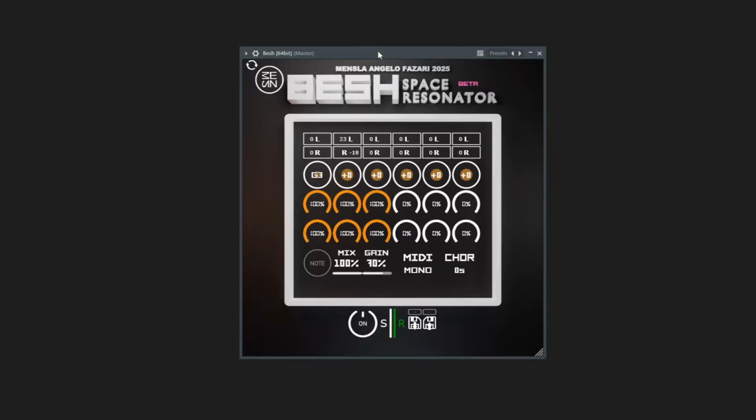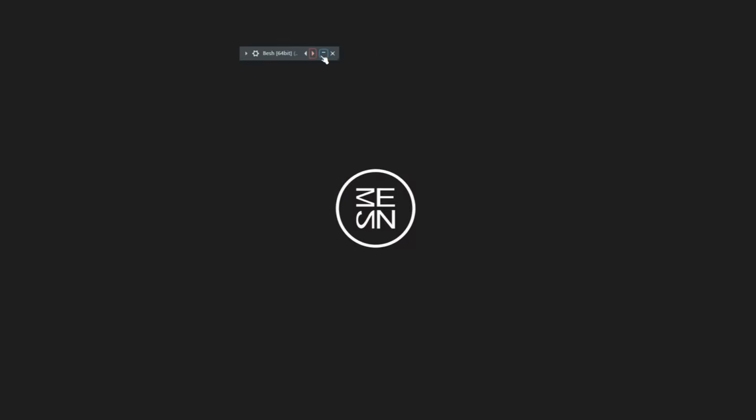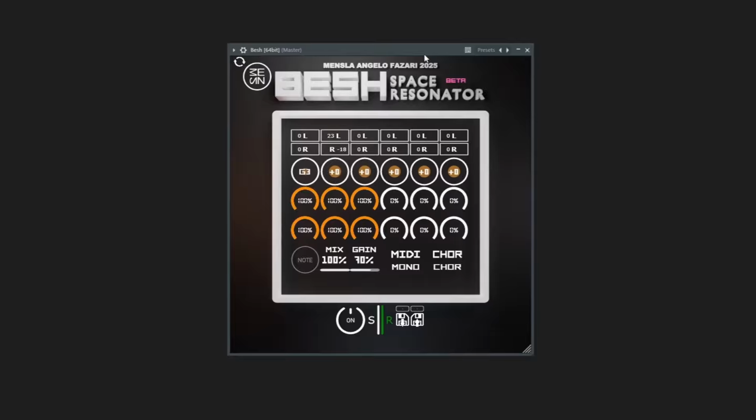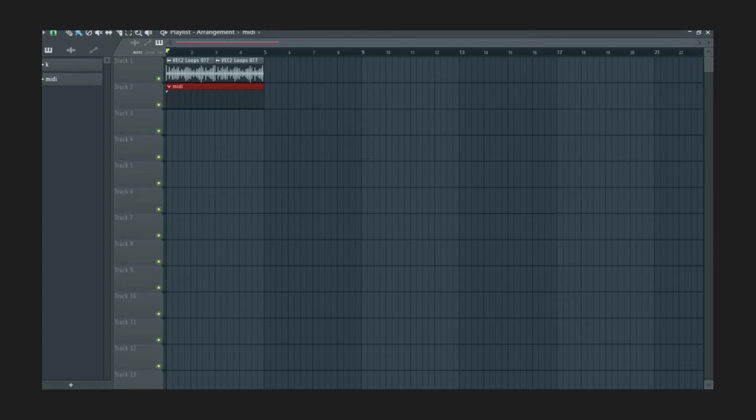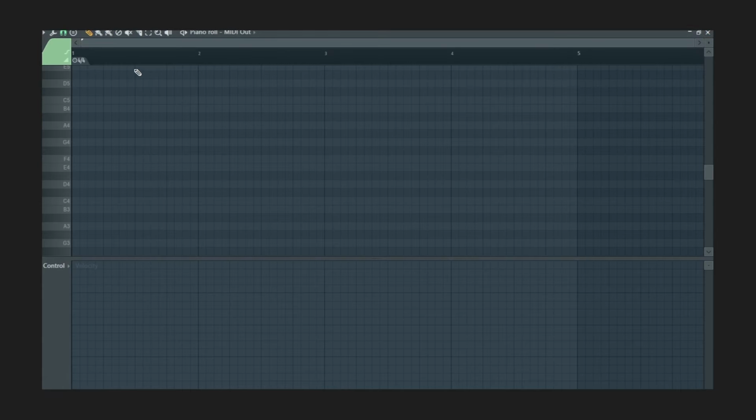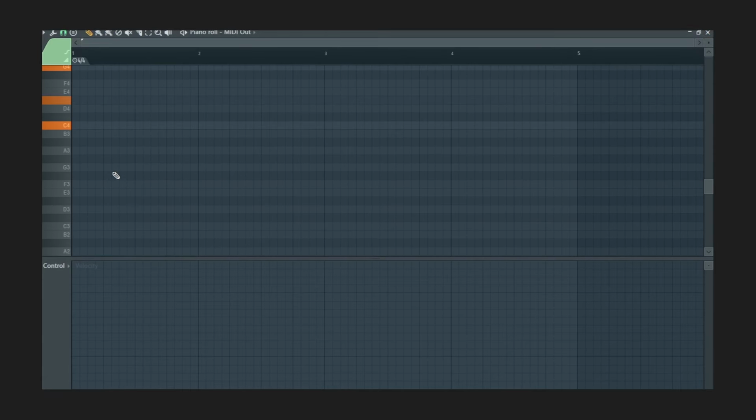Pretty cool, you know, and with a resonator plugin you're able to do stuff like that. And you can also use your piano roll to do that too. So if I wanted to make chords within my piano roll, hopefully I have it set here, I could do that. So if I wanted to play that chord there,